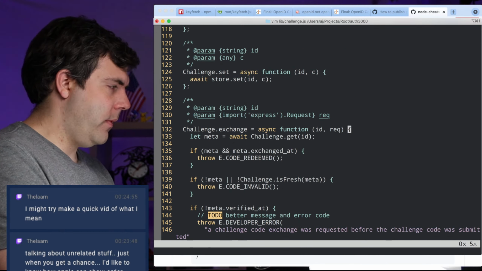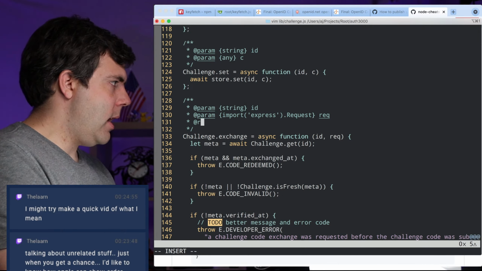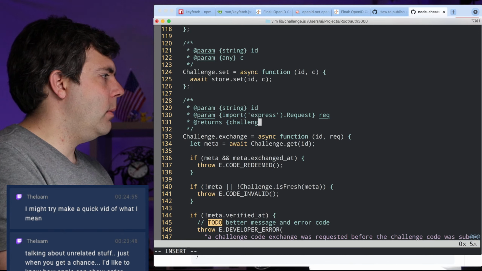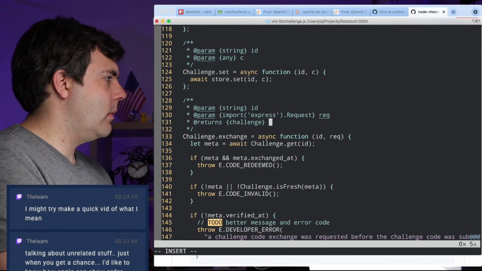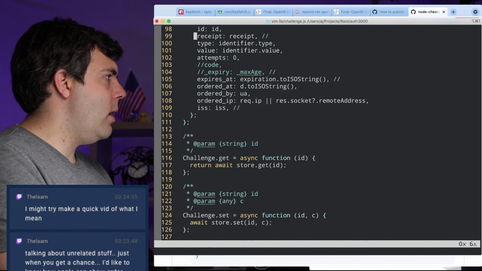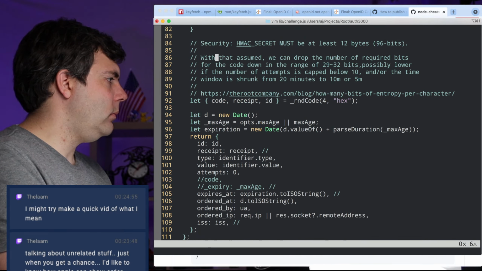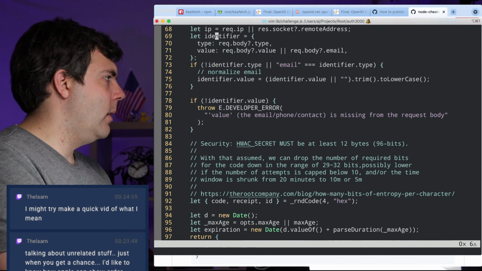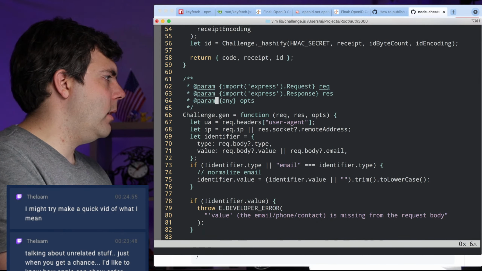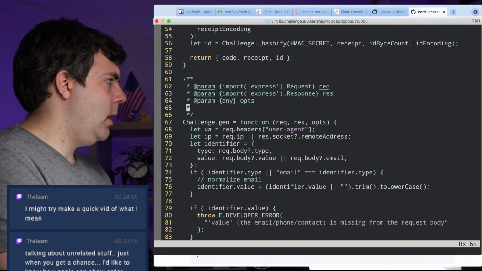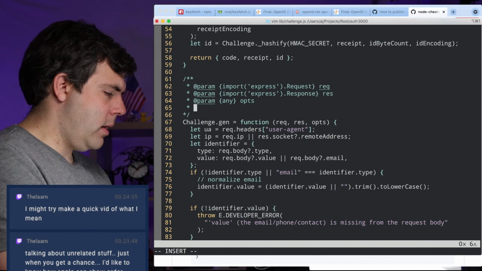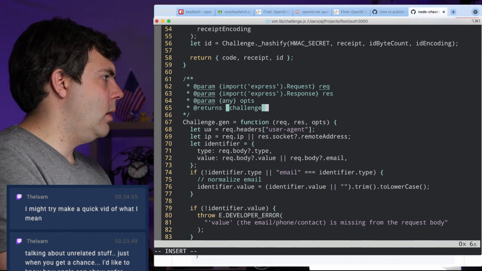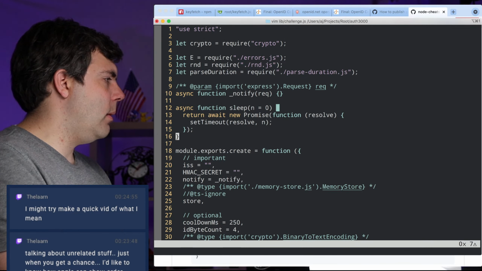Okay, and this needs to do at returns, and then what it really needs to be is of type challenge, I guess lowercase. And I need to define what that is. I think this is essentially it right here. But it could have some extra properties on it. So this is going to be at returns challenge. And then I'm just going to need to type def this up here probably.